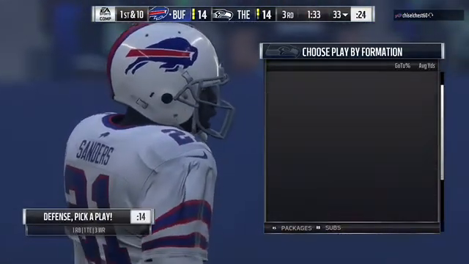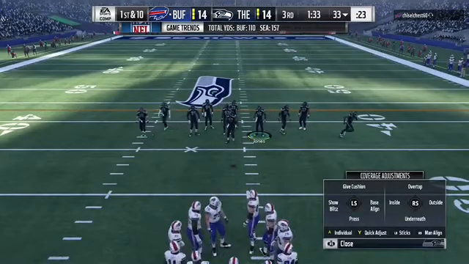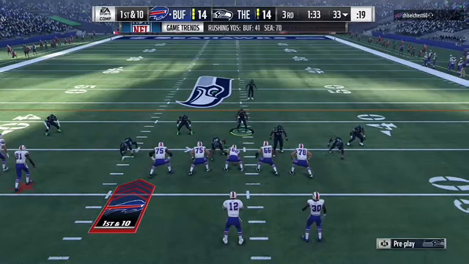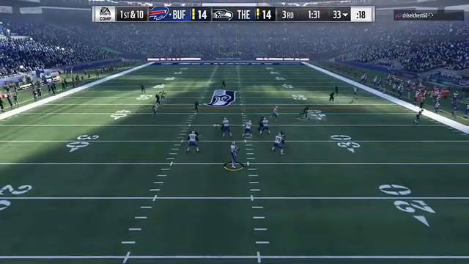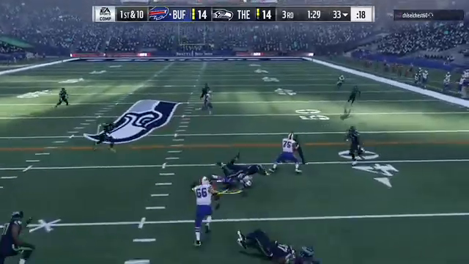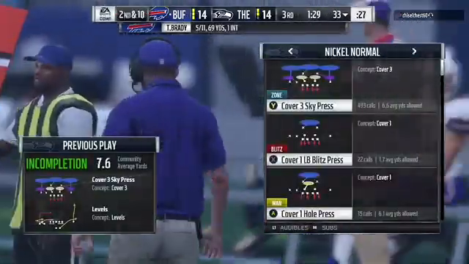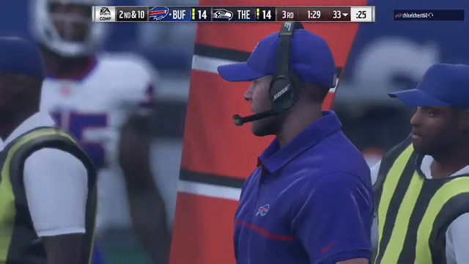And following the interception, just any interception, are you a little bit more cautious when you start that next drive, or no, you just throw that out the window? I think you are. I don't think that there's any way you can run back out there and go, totally didn't affect me. Let's just go ahead and be loose with the football again. You're going to take care of it, but you have to be careful about being too cautious because now you can't run any offense at all. Still want to attack. We'll see how they attack them here.